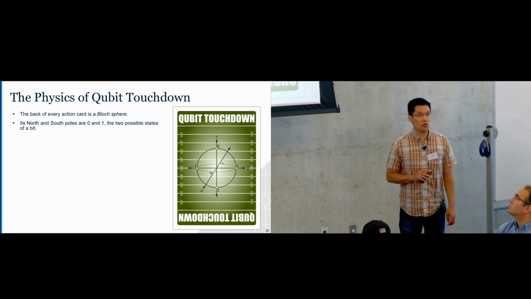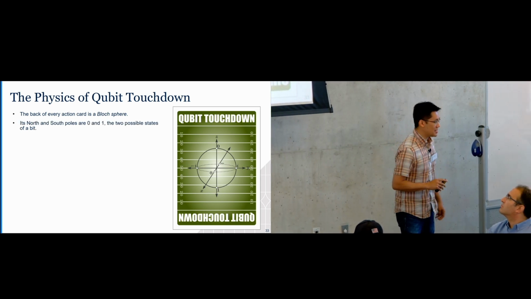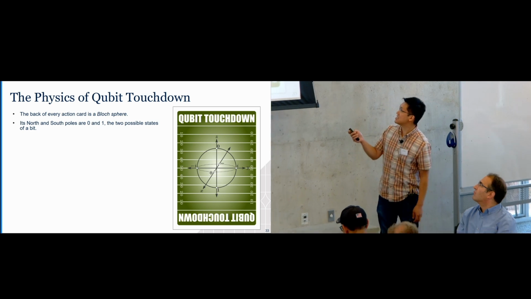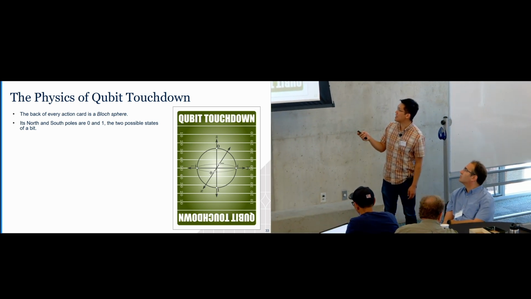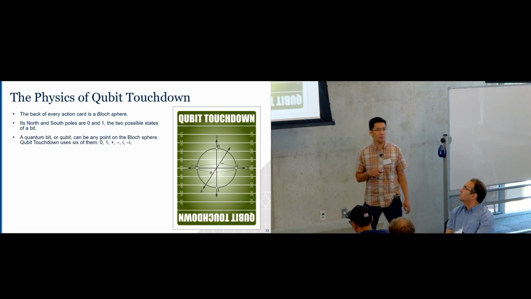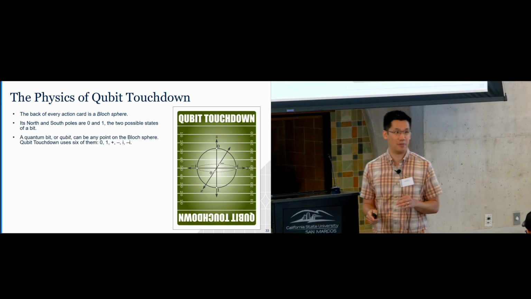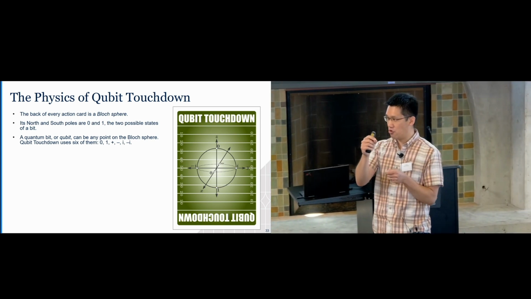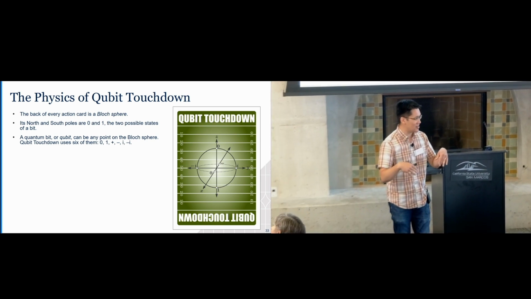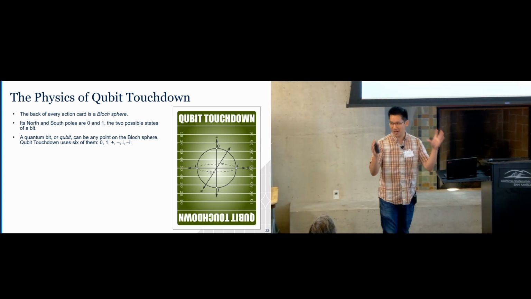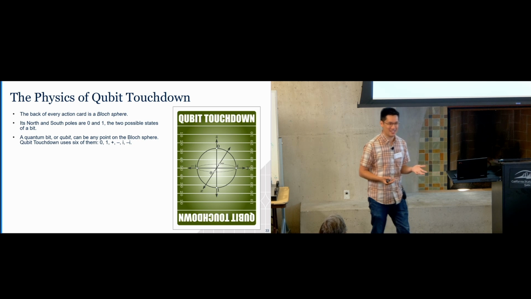All right, so a normal computer bit can only be in 0 or 1. And if you look at this, you can see 0 and 1 are labeled as the North Pole and the South Pole. So for a normal computer bit, it can only be at the North Pole or the South Pole. But a quantum bit or a qubit can actually be anywhere on this sphere. So it could be at either of the poles, or it could be in the northern hemisphere or southern hemisphere, or on the equator. And this game, instead of using all infinite possibilities, it just uses 6 of the possibilities